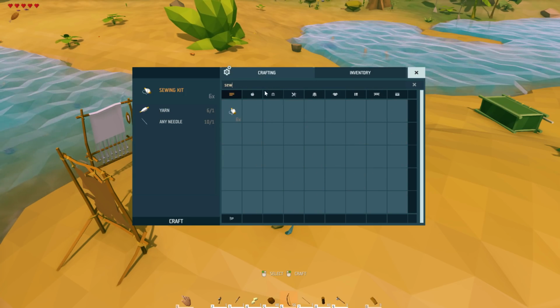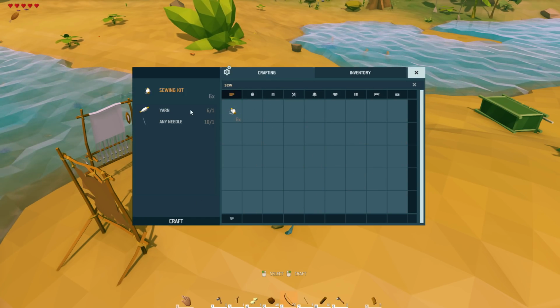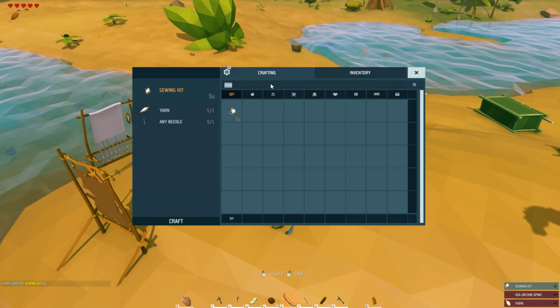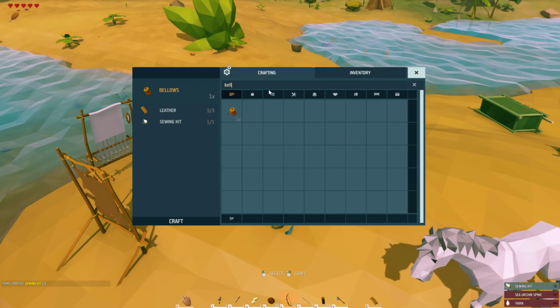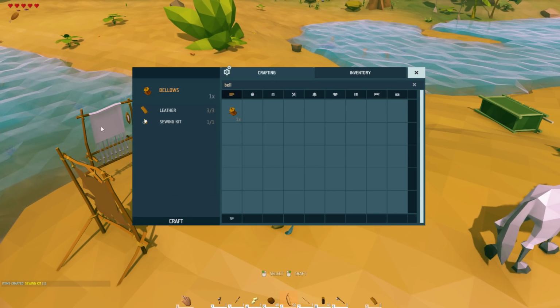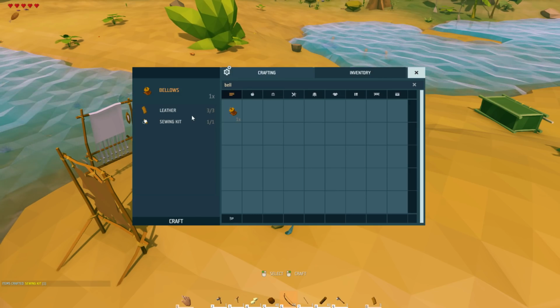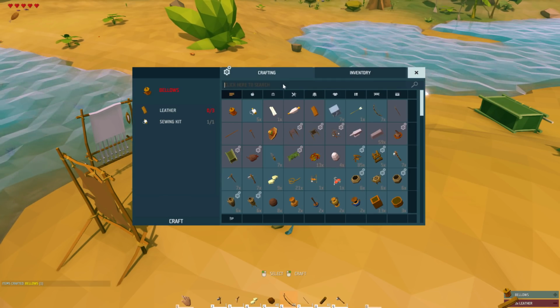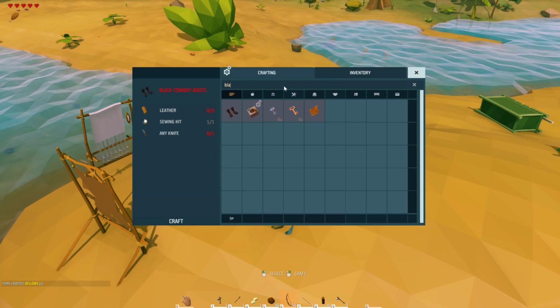We can go ahead and make a sewing kit. And what this will do, as you can see, any needle, right? This will unlock our bellows for us, or it should. There we go. So we can make a bellows now using leather and a sewing kit. If I had cloth on me, I could also make it out of cloth and a sewing kit. But there we go. So we have our bellows, and we should actually now have enough to make our blacksmith